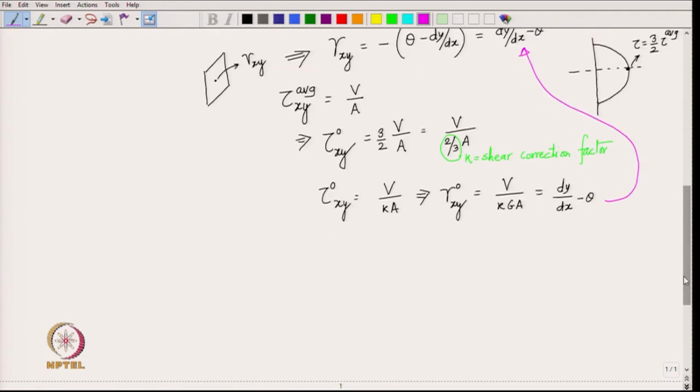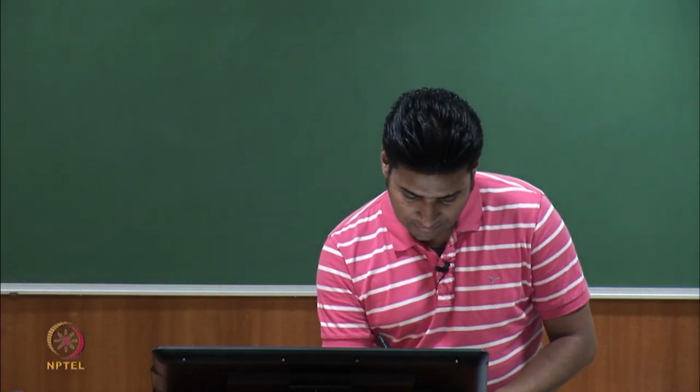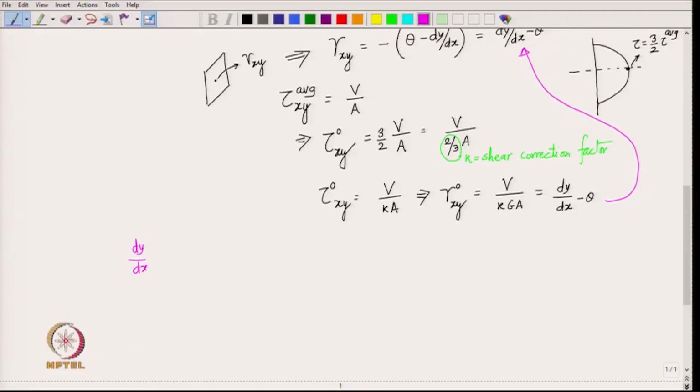This gives us one equation of Timoshenko beam theory, which is that dy by dx minus theta is equal to the shear force in the cross section, that is a function of x, V x, divided by the correction factor K G A, where A is the cross sectional area. But you see here we have two kinematic variables, y as well as theta, and we got just one equation. So, we have to look for another equation, and that is going to come from the